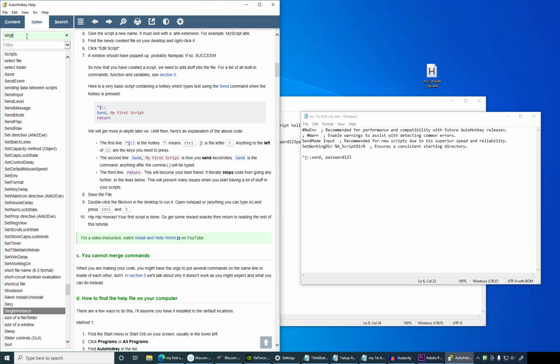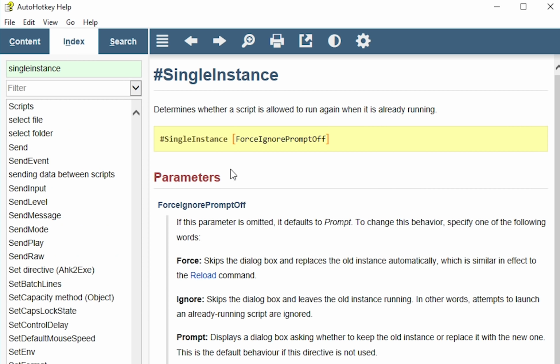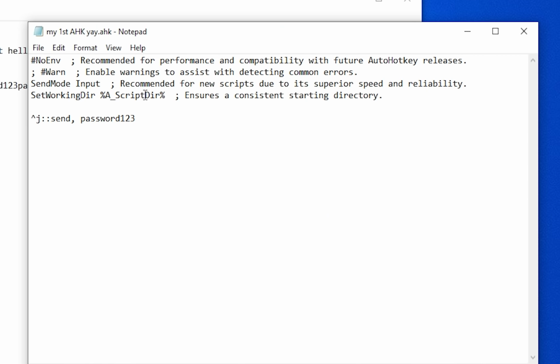So search for single instance. Single instance. Force, ignore, prompt, off. That's different. All right. Look, this is confusing even to me. Single instance, and then this is what you're supposed to replace with whatever you want. So instead of that, you use that one, or that one, or that one. So anyway, what I want to do is at the top, not after the macro, but at the top here,